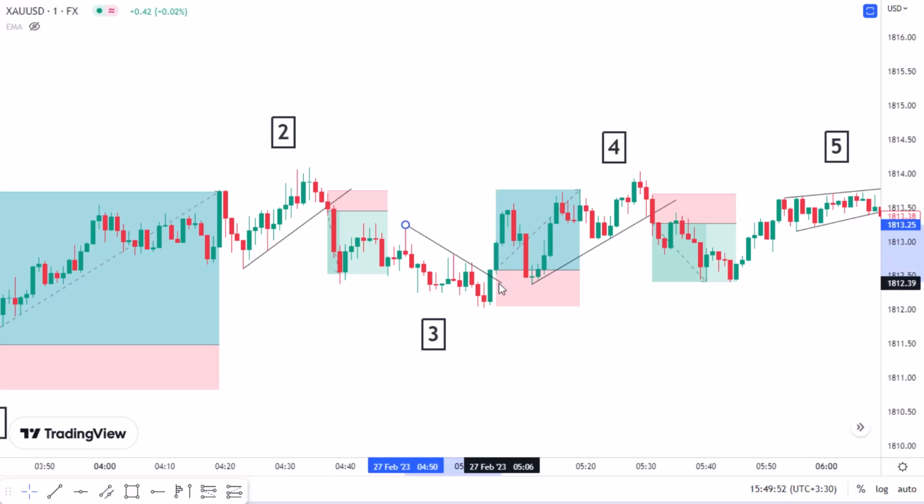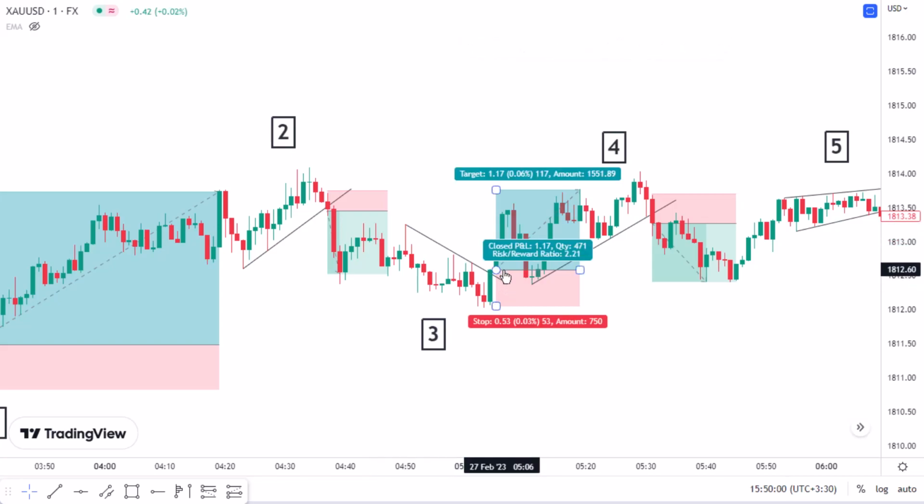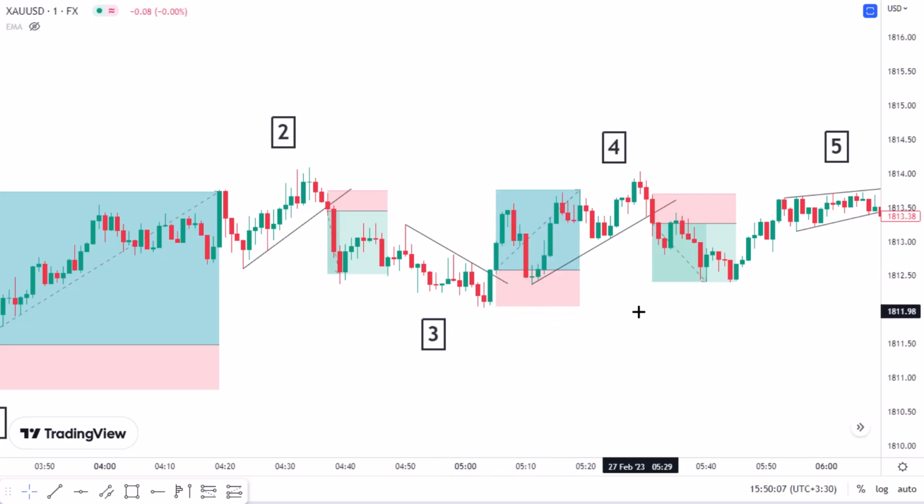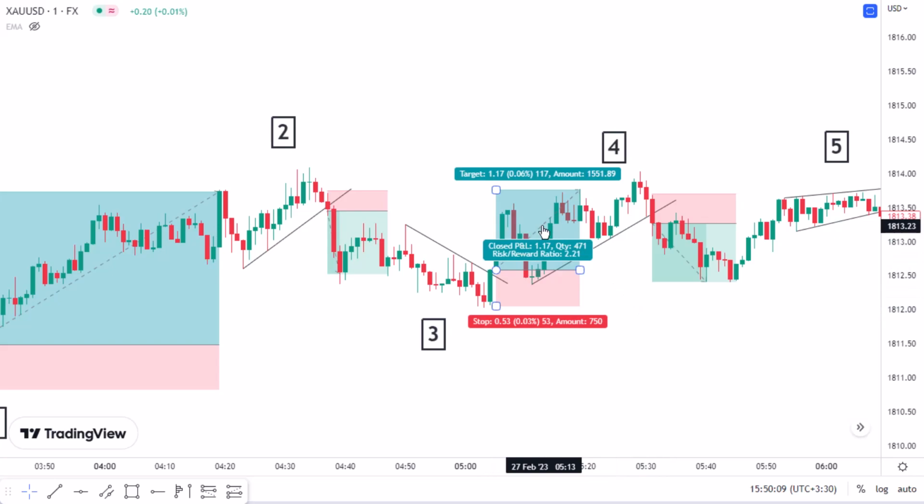Actually it was like this, and when we see this shadow, we extend the trend line like this. And it breaks the trend line with this green candle. We enter the buy position here, put our stop loss below that, look for RR2, which it gives us our